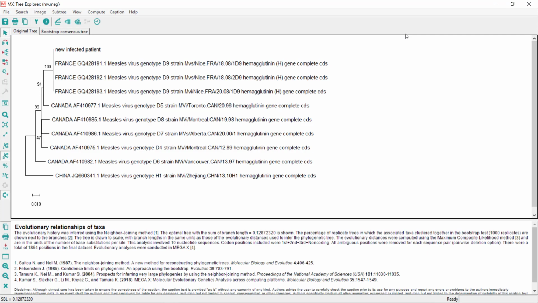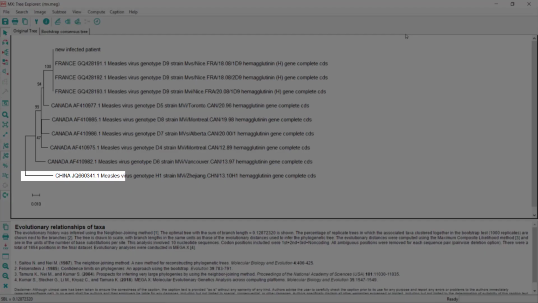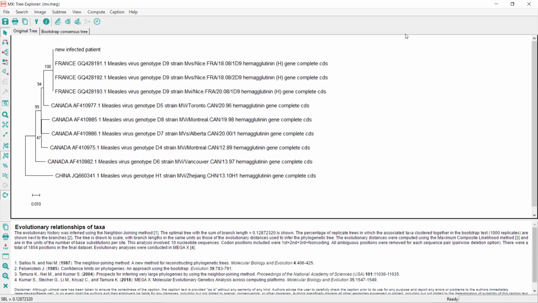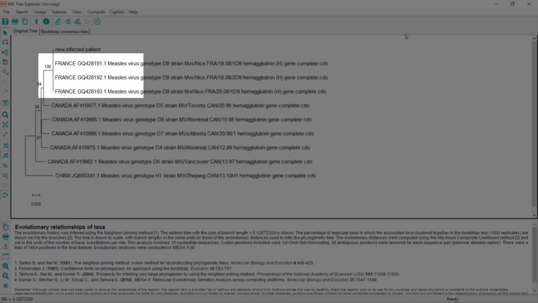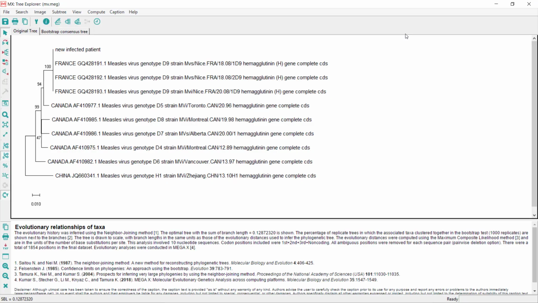First, reassuringly, we can see that indeed the Chinese gene was clustered separately from all the other ones, suggesting it originated from a different strain. All the Canadian viruses were clustered under the same ancestor, meaning they probably originated from the same strain, whereas all patients from France were clustered together under another ancestor. We can clearly see that the gene from the Canadian tourist is included in the French group, suggesting that he was infected while he was traveling in France.